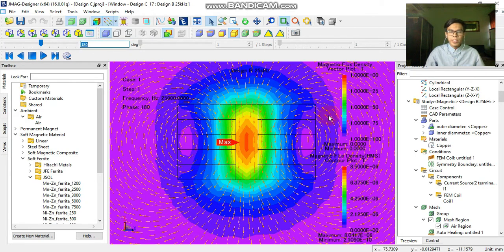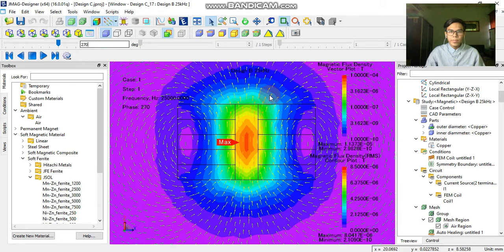So it means for the one cycle of waveform, it's half of the one cycle of waveform. When I change to 270, the vector plot came from the bottom through the excitation coil and to the top. So as you can see here, before entering the excitation coil, the color of vector plot